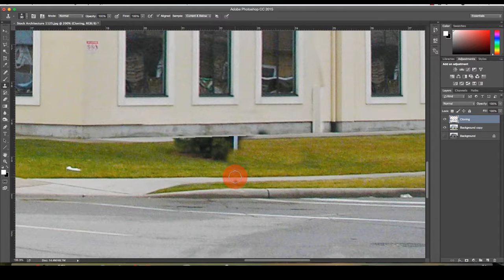I want that line right there, kind of paint that out, kind of paint that out. And if it doesn't line up perfectly, it's not really a big deal on this one here, but